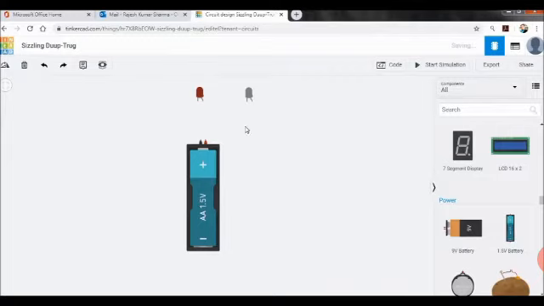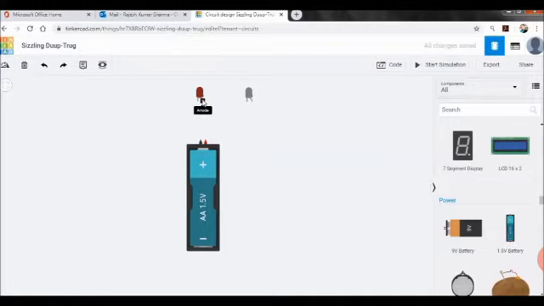Now you can see in the LED we have a positive and negative leg. Positive is called anode. So you can see here it is anode, and cathode is negative. That you have to remember: anode is the positive of the LED and cathode is the negative of the LED. So you understood, the positive of the LED should be connected with the positive of the battery, and the negative of the LED should be connected with the negative of the battery, and it will work.